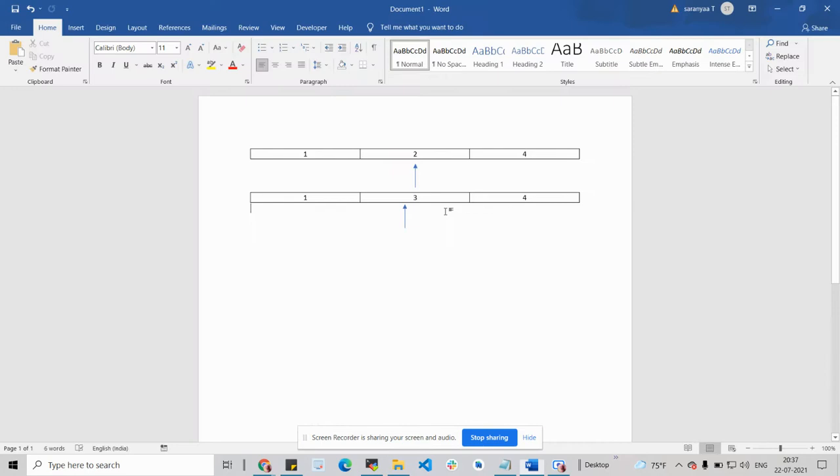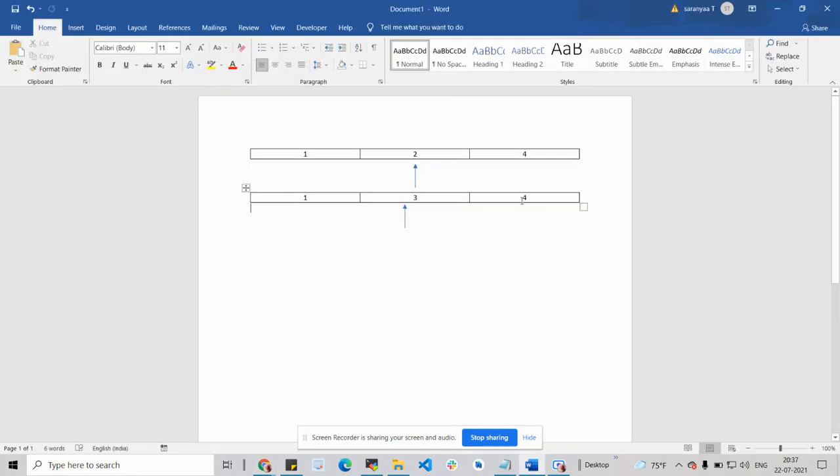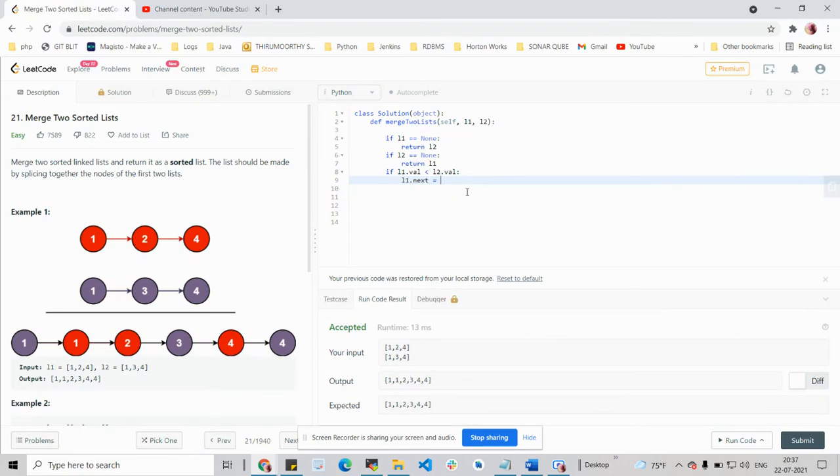So in this case, L1's next will be in the call stack. We are going to push L1's next as a recursive call to the method itself. Since self is being used in this method, I'm going to use a self reference while making a recursive call to avoid the name error in Python.